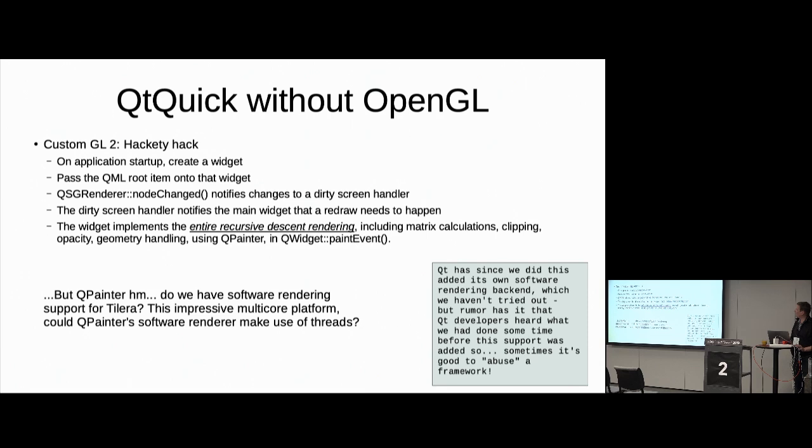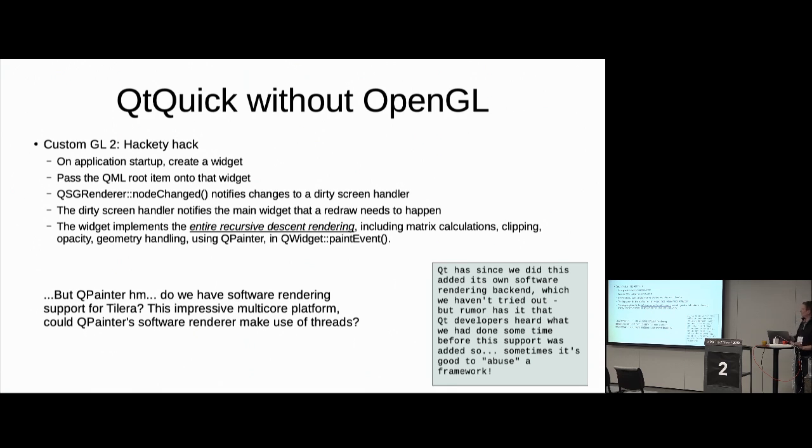But we decided, why not have fun when we're first digging our hands in deep? So bypass the entire rendering. When the application that we'd made started up, we created a vanilla widget. Vanilla widgets, regular widgets, are components that Qt is used to rendering. So whenever that thing gets exposed, it will trigger a paint and so on.